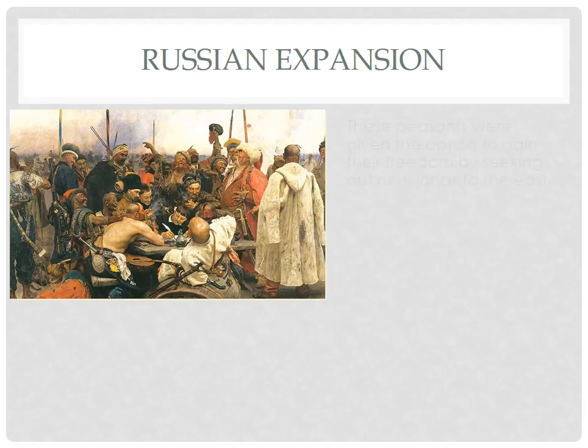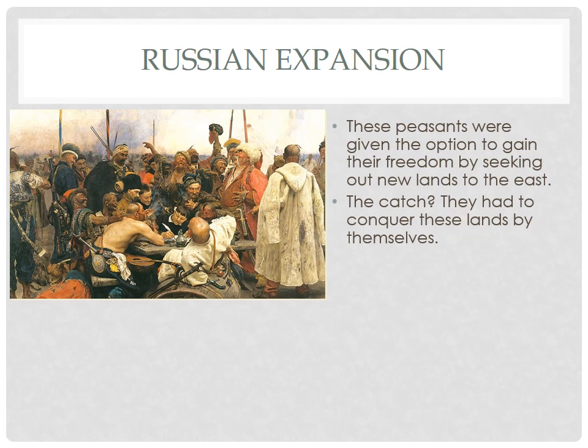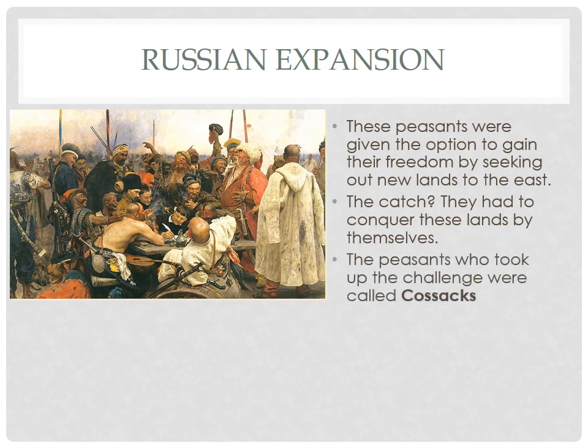And so here's our same group. The peasants can go eastward, take up arms, and fight whatever is out there, the animals or the nomadic civilizations, which there were. And the peasants that seem to take this challenge up and be the most willing are the Cossacks. So the Cossacks go and they spread eastward almost all the way to the Pacific Ocean.